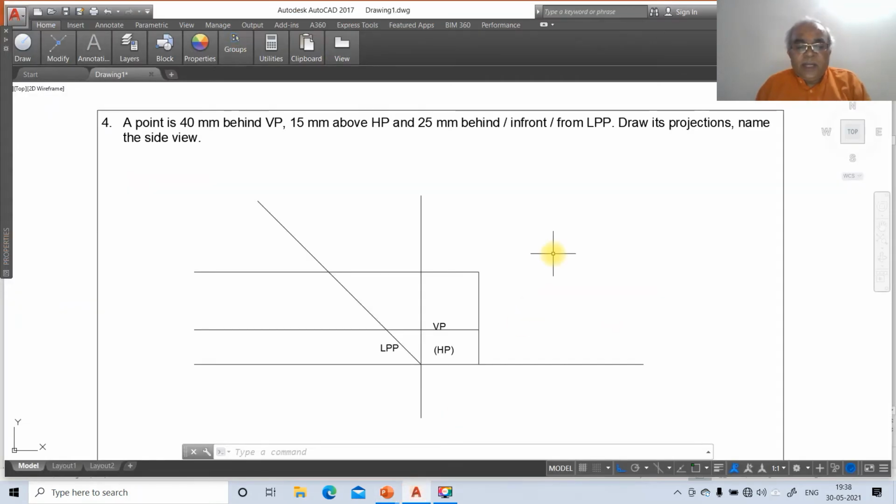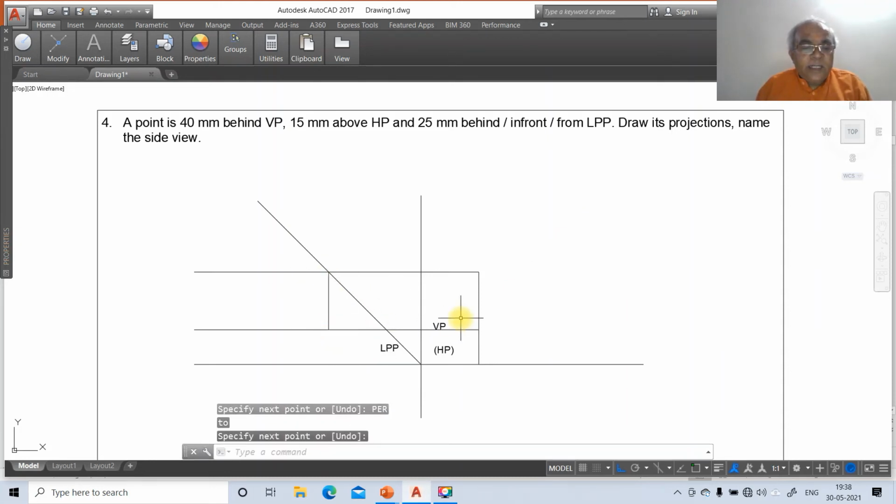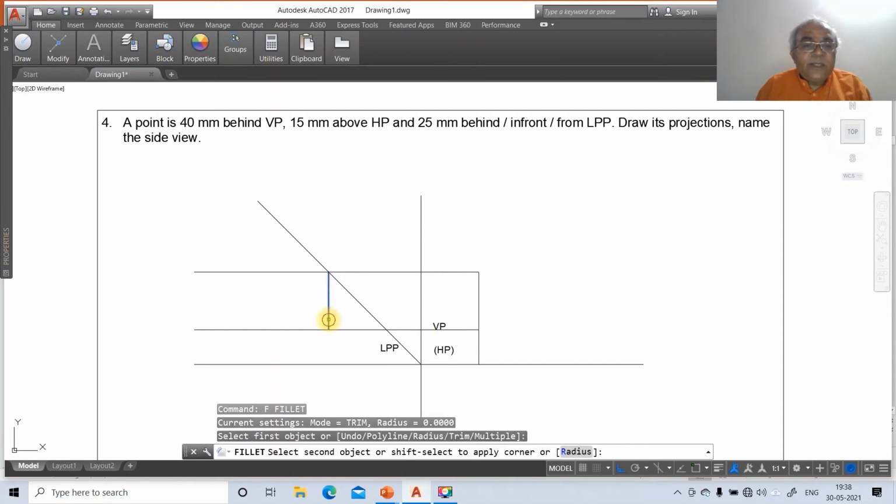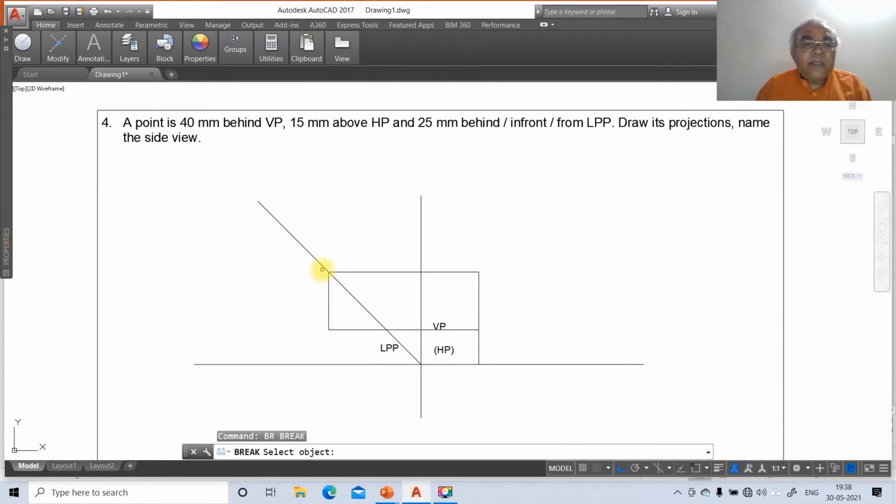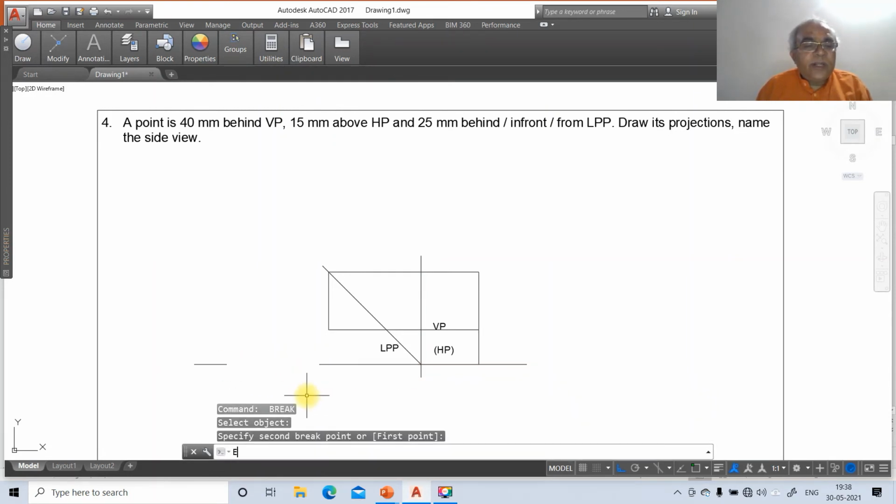So go to line, take INT of this and draw perpendicular to this, and then go to fillet between these two, and then fillet between these two. Then go to break this from here outside. So from here break it outside. So similarly from here you break it on outside. So from here you break it on this, and you can also break it like this. The disadvantage is again you have to go for erase command and erase this line. So that is only the difference.